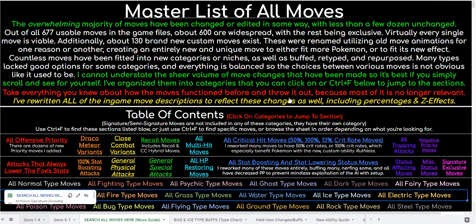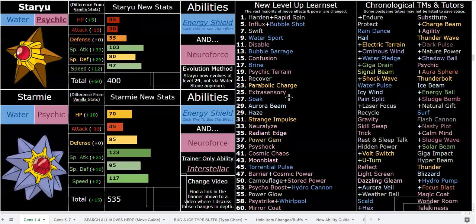But that being said, Starmie has very nice abilities. You've got one for offense and one for defense. Of course, technically, Energy Shield can be used offensively as well. Energy Shield functions like Multiscale. It comes from Shadow Shield, so that's excellent for all types of Pokemon. Starmie especially, because he already had some solid bulk beforehand, but now with the extra bulk, he's even better with